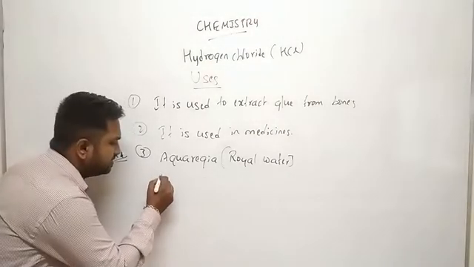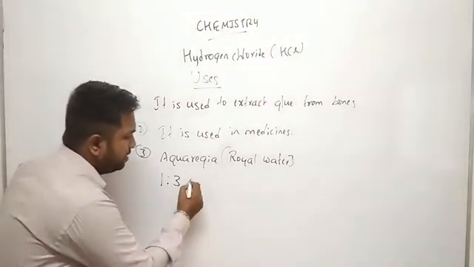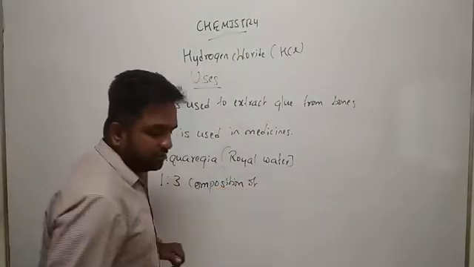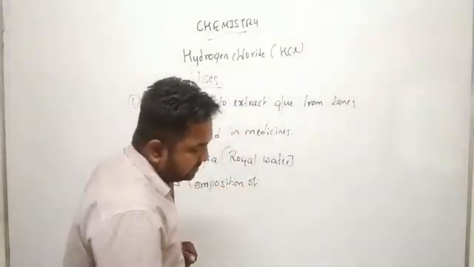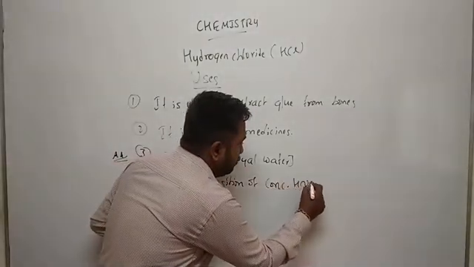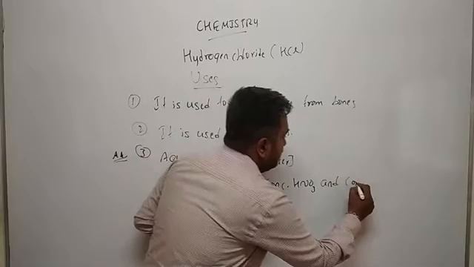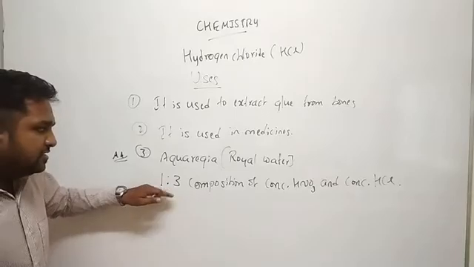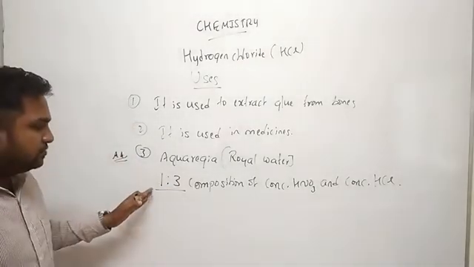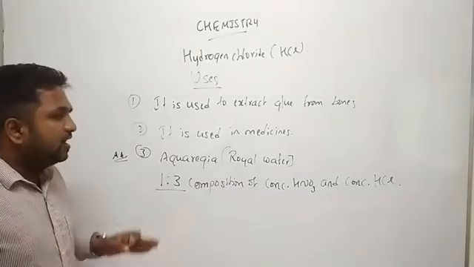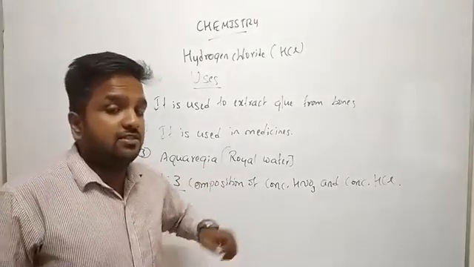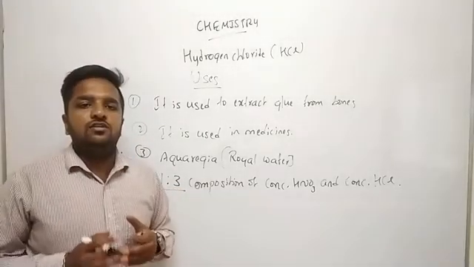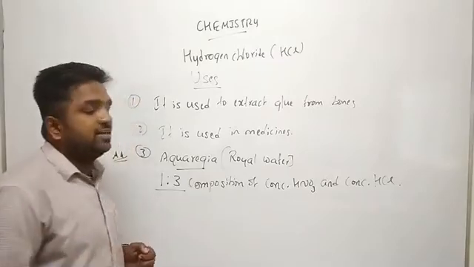Aqua regia is the 1:3 composition of concentrated HNO3 and concentrated hydrochloric acid. Clear? So this is the ratio, 1:3 ratio. That means 1 unit of concentrated HNO3 and 3 units of concentrated HCl. When you mix that in this particular 1:3 ratio, the solution that you get is known as aqua regia or